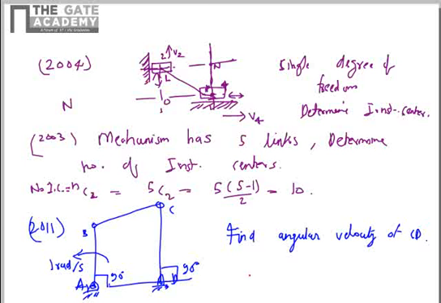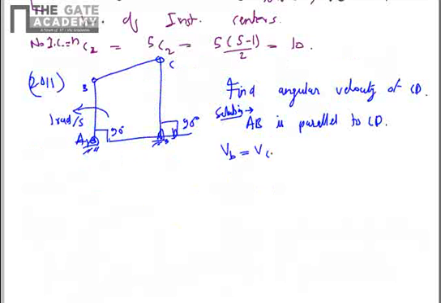So in this case, you can see that AB is parallel to CD. This is a special case of the velocity diagram that we described in our lecture series. In this special case, VB is equal to VC, and the velocity diagram will be a straight line. AD will lie at the same point and BC will lie at the same point, if you recall that section. So VB is equal to VC.